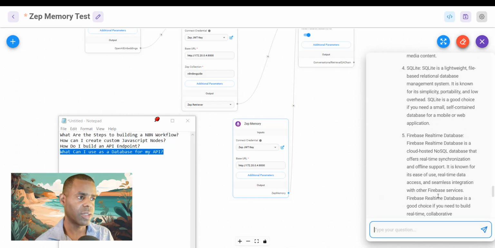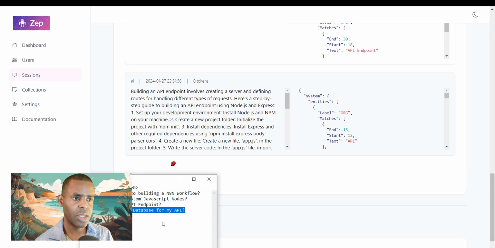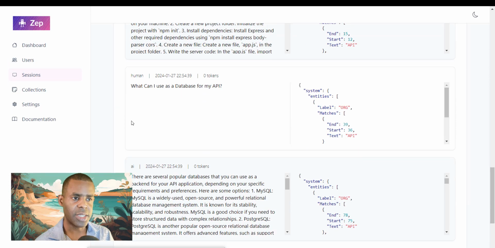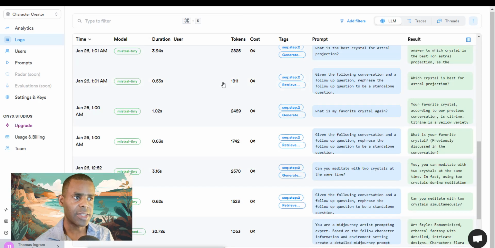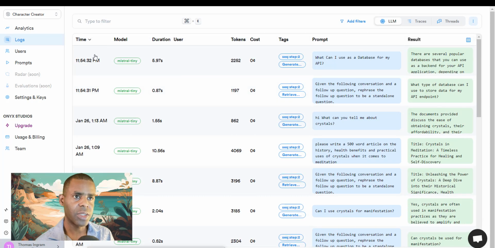It's a rather long answer. So now what we want to do is we're going to go back to our ZEP sessions. We're going to refresh, and you can see this is the question and the answer. And because we turned on our LLM monitoring, we should see that reflected in the front end, in the monitoring. So let's go ahead and click on that,